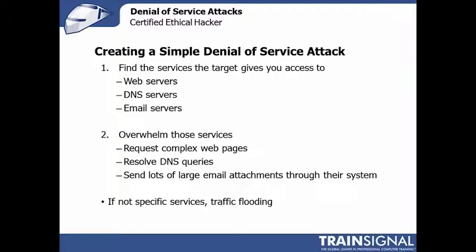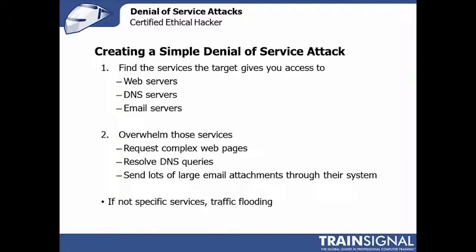So for example, in these cases, don't just request a web page, don't just slap F5 a bunch of times, but actually, if it's a web server that has a search engine, request a complex search query, request something that's going to take some horsepower to resolve. Doing that just once may have a noticeable impact on the back end. Doing that 100 times a second will probably bring that server down. Resolving DNS queries against DNS servers, same kind of thing. Resolve especially complex queries that are not cached, not typical queries. Do that enough, it'll bring that service down.